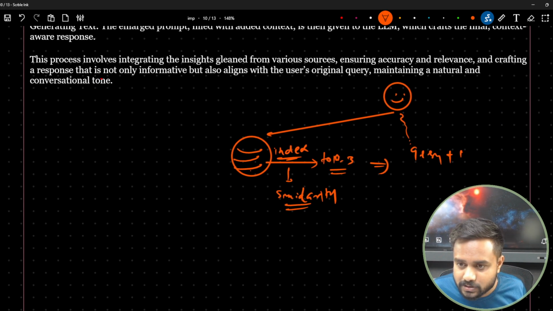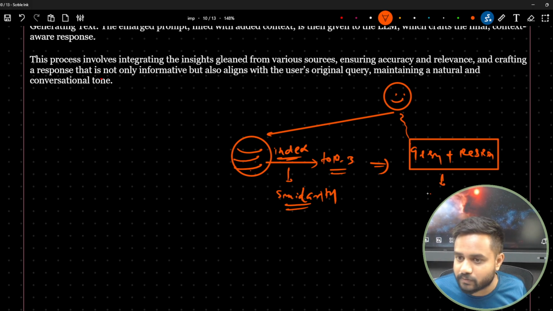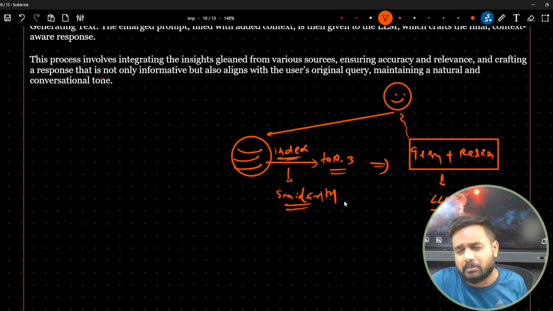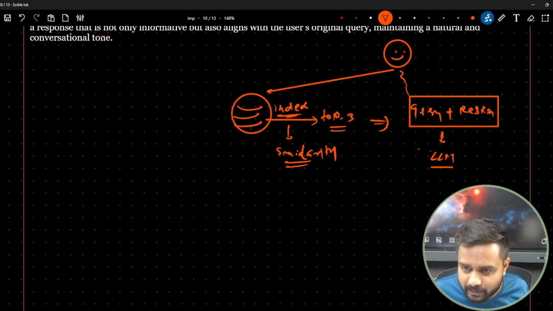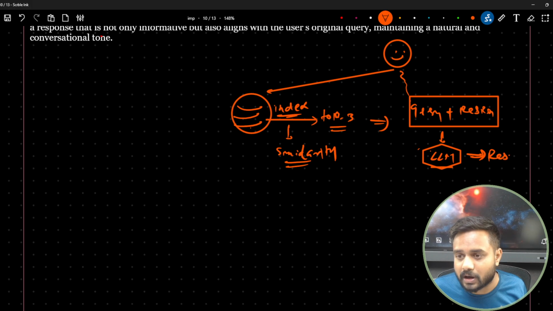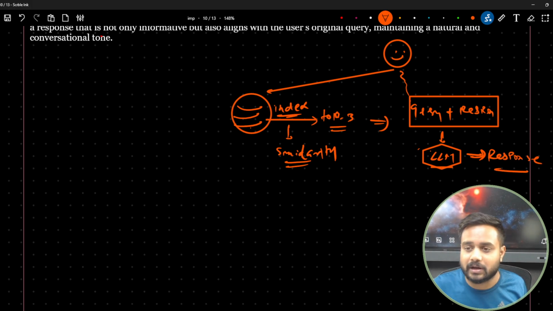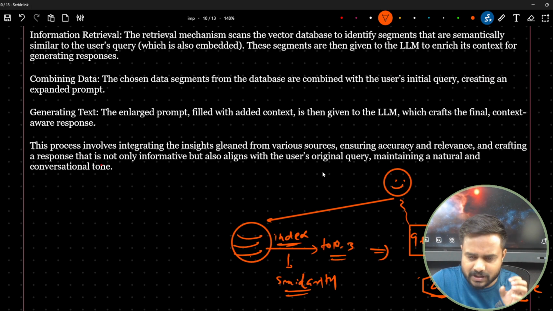Plus this response which I'm getting from the database, to what? To my LLM. Here is my LLM. It can be anything, like Gemini or GPT or anything, and this LLM will be responsible for generating the response now. So this is my whole architecture, the whole generation process, and I showed you the